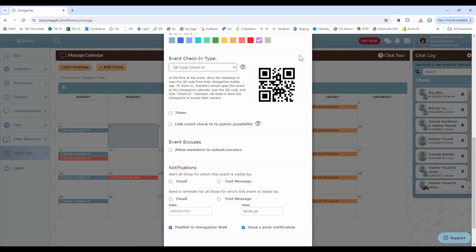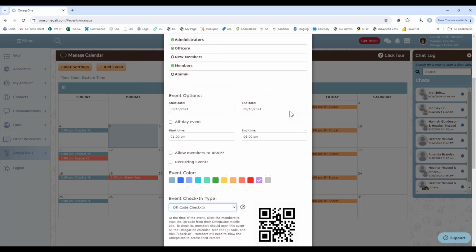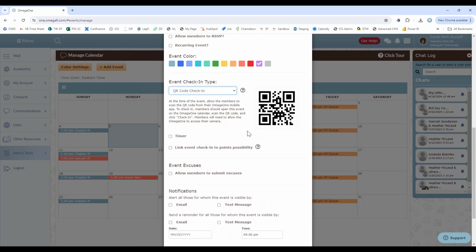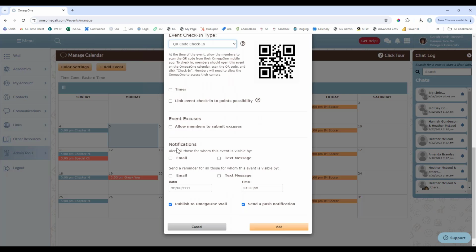Here, you would have an admin that is set up with the QR on their phone. This is really good for specific events where you may need to go see a certain admin when you come in to be assigned a role or anything like that. Maybe for this, like since we're doing pref night, maybe there are certain setup things that are happening and you need to see the recruitment chair or assistant recruitment chair, somebody on the committee. They would have the QR code, you would scan it, and then they would tell you where you need to go. And so you would just directly see whoever has that QR scan. Same things available with this one.